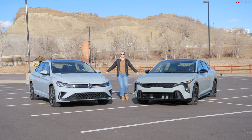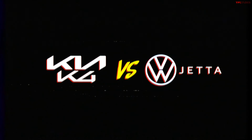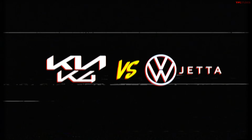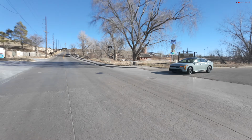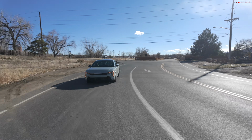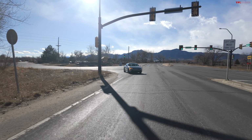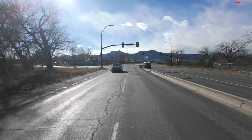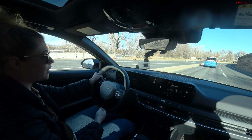I have two small sedans that are direct competitors, and I want to know which one's better. Driving the Kia K4. So this actually just replaced the Forte, which was slightly smaller than the K4, but the